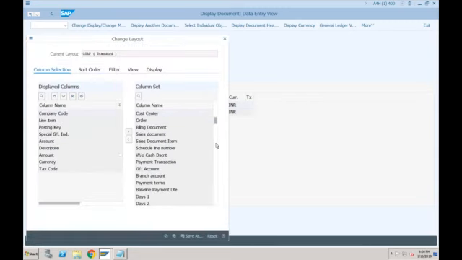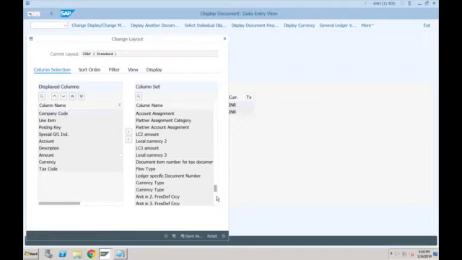If you want to know about multiple currencies, you can see amount in currency 2, amount in currency 3, 4, 5, 6, 7, 8. If you have defined multiple currencies, up to 8 currencies, you'll be able to see the details here.